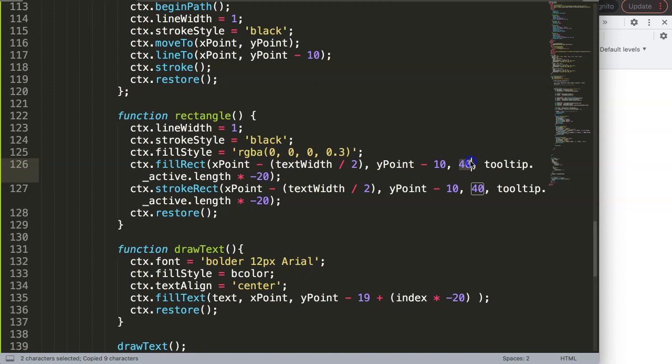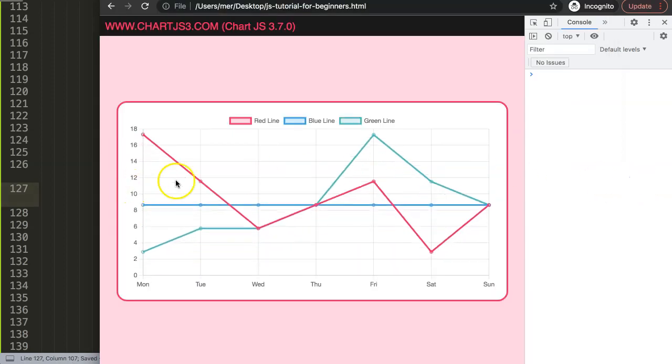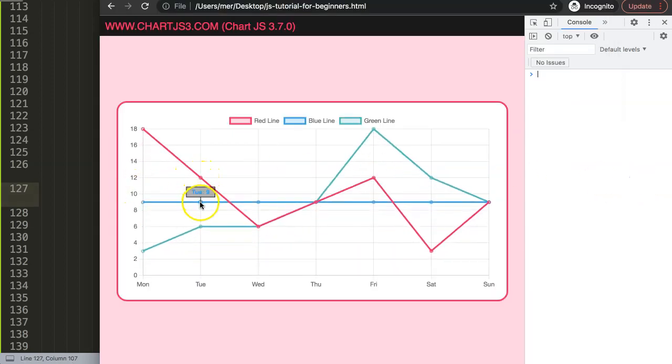We need to do this with the text width. Make sure we have the text width here. Because this is the width, and this is how much we have to go to the left. So if I save this now, we refresh, we should have now a nice padding. There you are. There you are. Alright, everything works, except for this here. You might notice this here is a problem. Alright, I'm going to solve that one first, but before I do that, let's